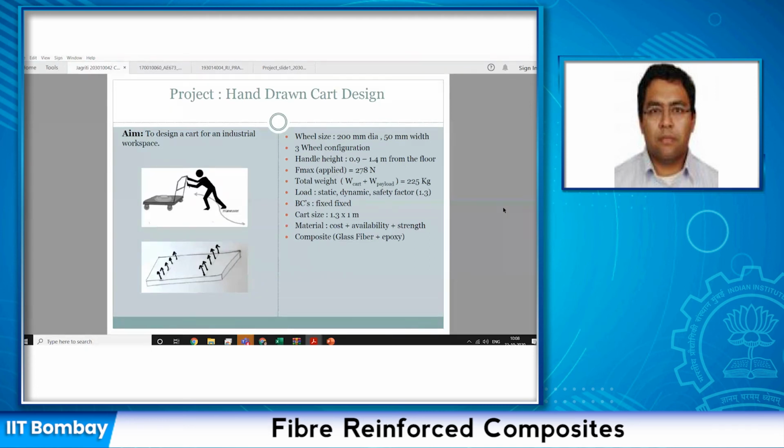Otherwise, you have covered all the points, and I like the idea that you chose 3 wheels instead of 4 or 2. It is a bit unconventional, but that's good. I don't want you guys to just stick to the normal, but to try innovative applications of your hand cart. Right now somebody put it for a railway track, somebody is using it for a shop floor, somebody for loads, and now this 3-wheel design. So think differently. Yeah, good. Thank you, sir.